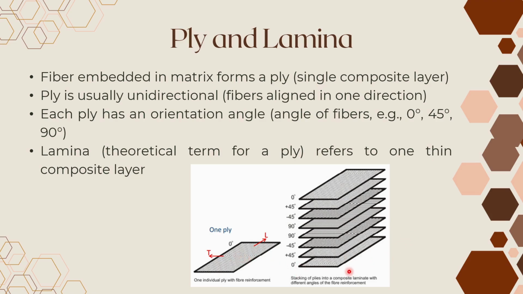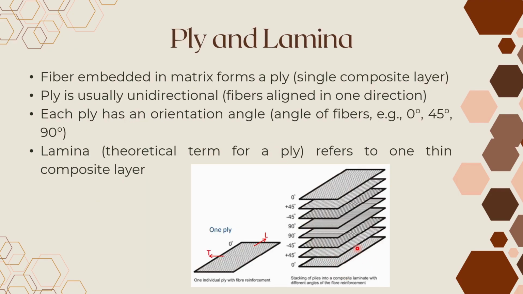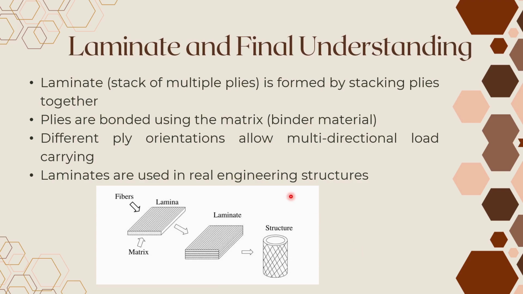When we stack, we arrange the plies at different orientation angles. This can also be the same angle, 0 degree, 0 degree, 0 degree. It can be any angle, but mostly it will be 0, 45 and 90. These three angles will repeat. When we orient the lamina in multiple angles and make it a stack, that is called a laminate. The stack of multiple plies, the stack of multiple lamina, is a laminate. The plies are bonded using the matrix. We can't simply keep each ply one above the other, so we use the matrix, that liquid binder material,